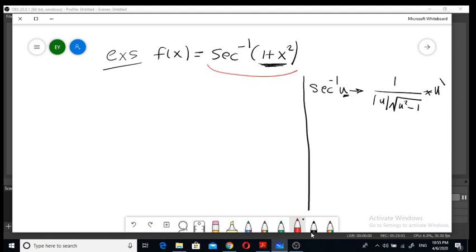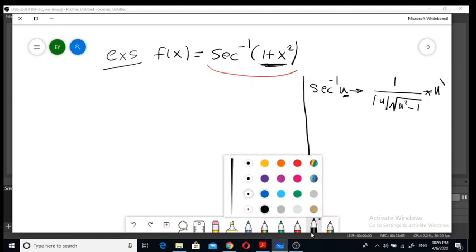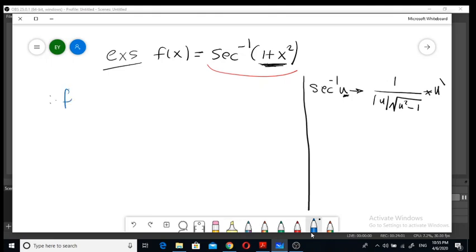So again, we are going to use the chain rule. Then f prime of x is equal to the first derivative of sec inverse, which is 1 over the absolute value of the angle, which is 1